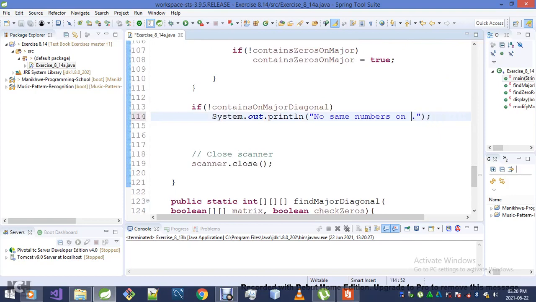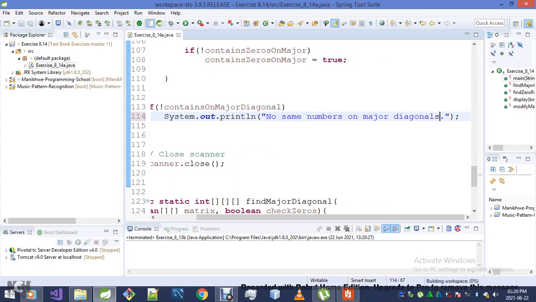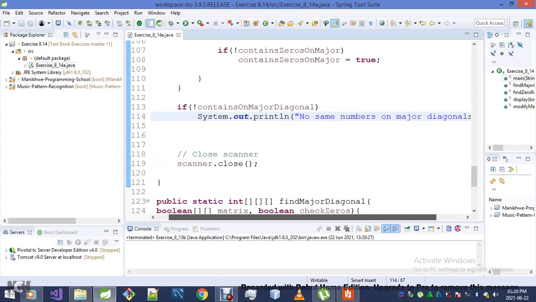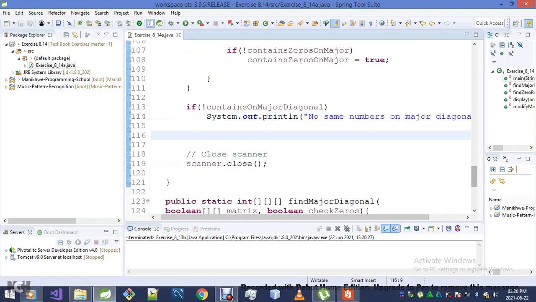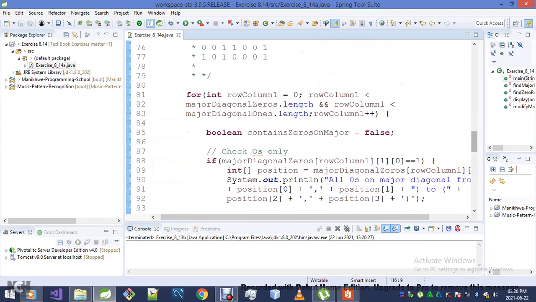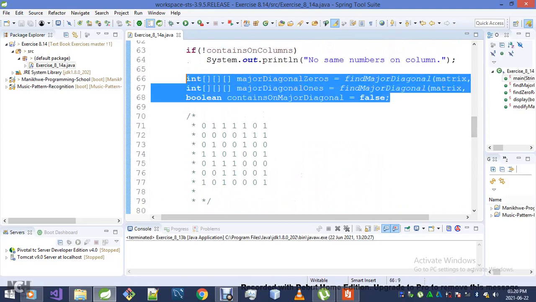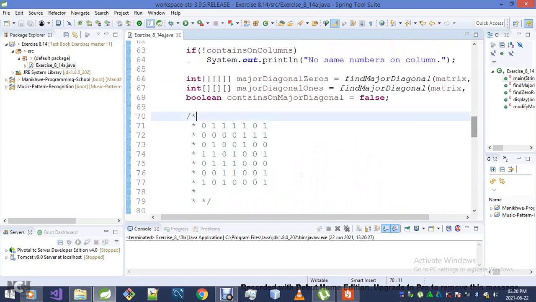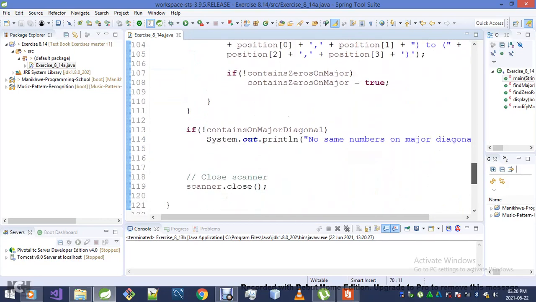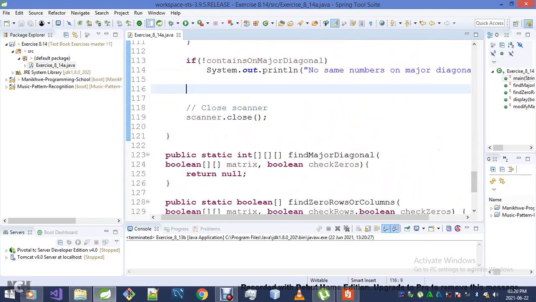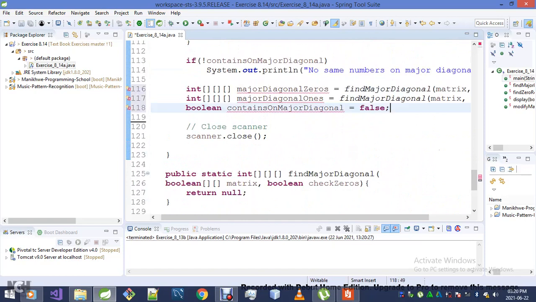On major diagonals. Okay, now the idea is pretty much the same as this one here. We're gonna have exactly that. However, sub diagonal 0. Now we're gonna use sub instead of major. Sub